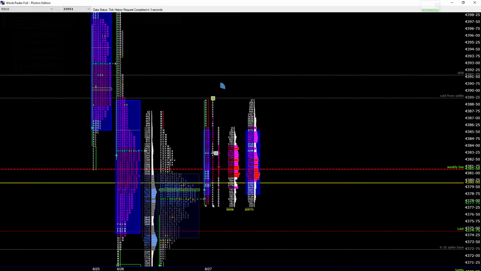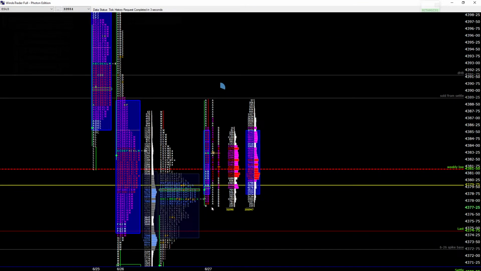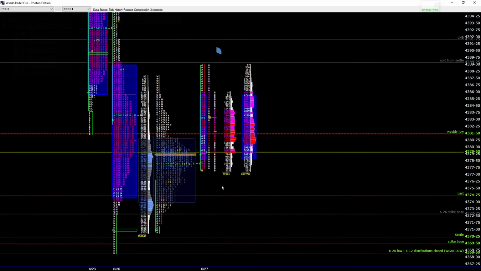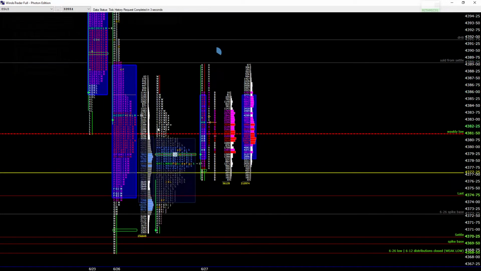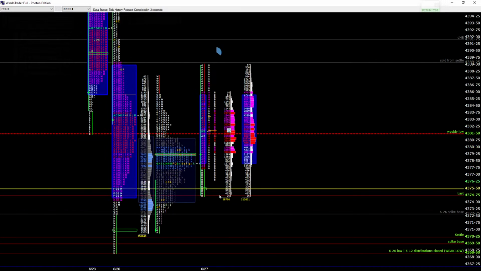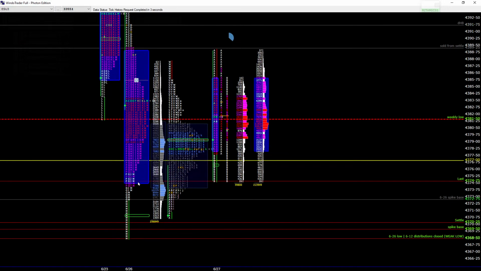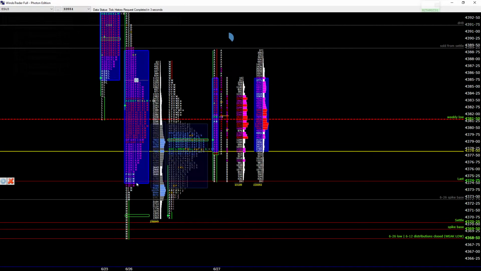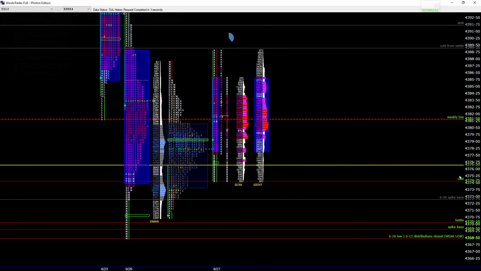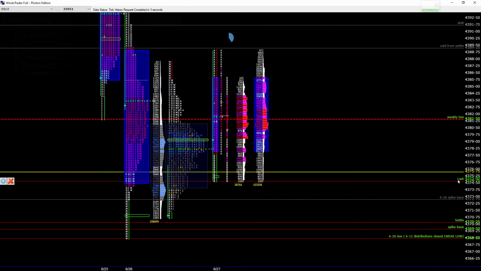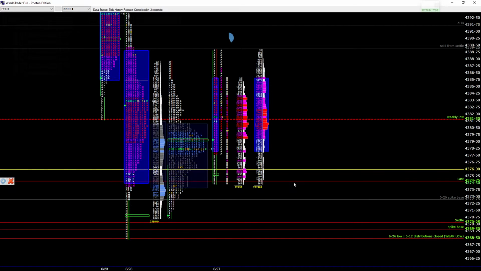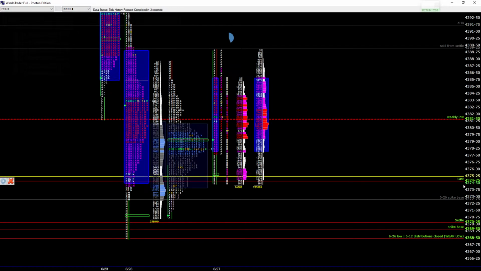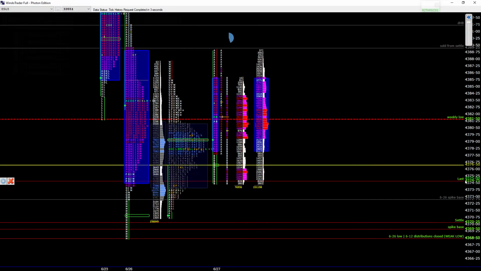Okay, low has been taken here. So the trend is to the downside. You got a weak selling coming from this day, and the trend continues. Next thing, overnight low, but notice where the market is bought here, which happens to be also value area low. Very mechanical level for a buy.